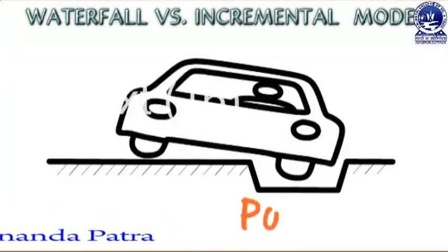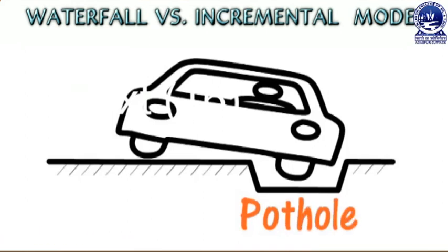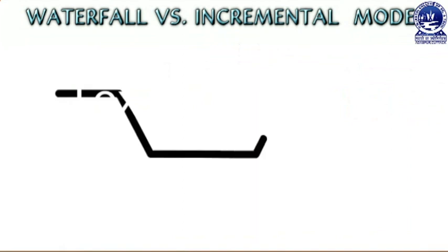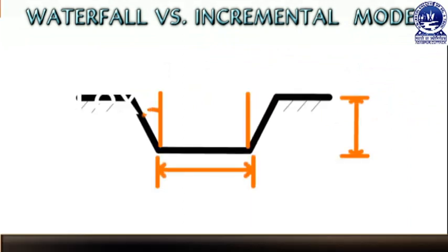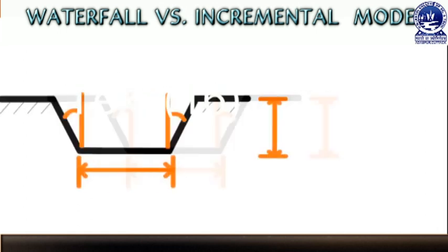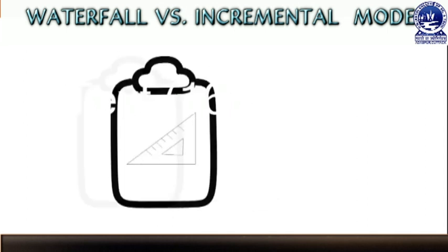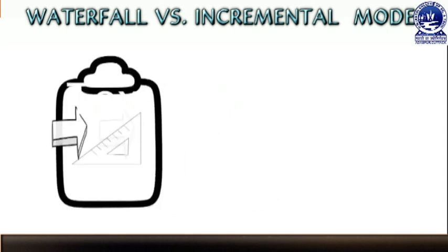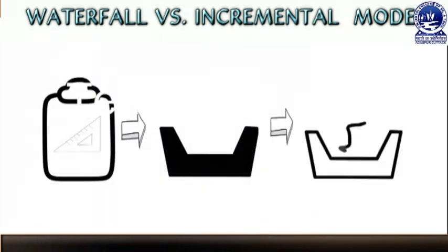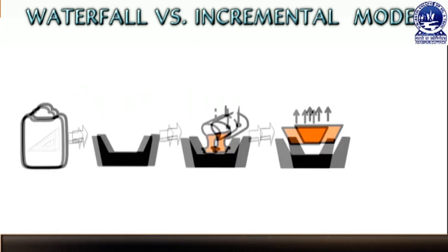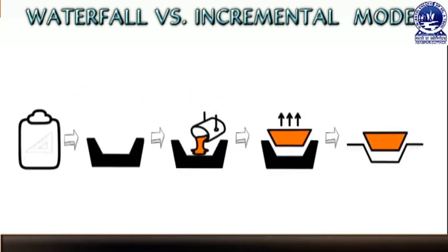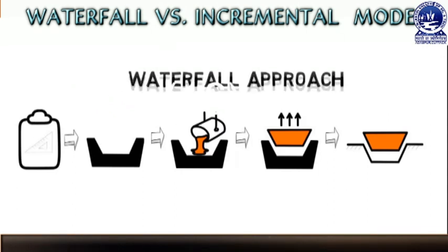So, let us take some example to differentiate the waterfall model and the incremental development. Assume that a project is initiated to fill this pothole. If we know the exact dimension of the pothole, that means if all the requirements are known, then the project phases can be sequential, and it starts with the dimension or requirements, then we will go for the design, then prepare the mold, pour the concrete material and finish the block and fill the pothole. So, it is sequential and easy to manage. So, this is called the waterfall model.